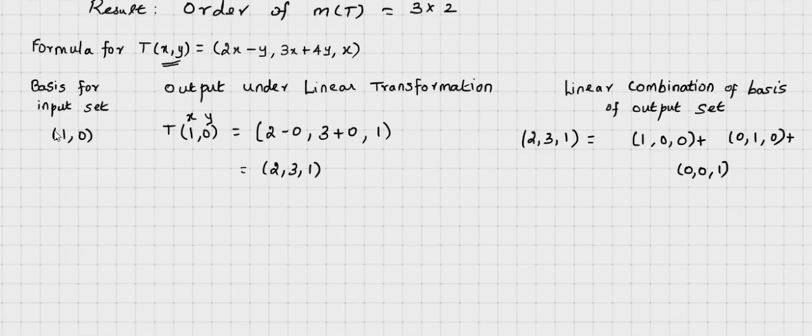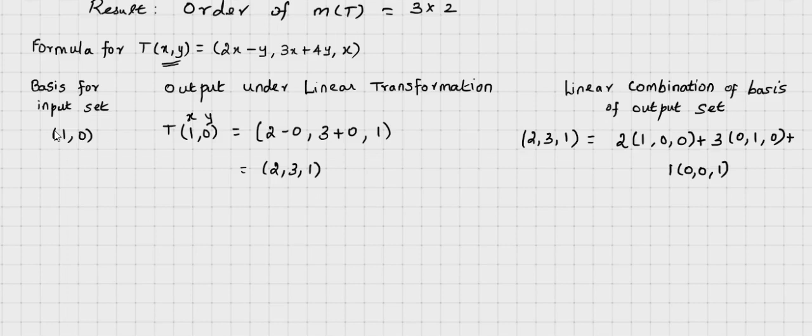Now this is very easy, and these things were taught in the previous unit itself. In the first unit there is a topic called basis and dimension, and linear combination. All such topics will be learned there. If I put 2 here and 3 here and 1 here, you multiply and sum it up, and you will get this. It's very simple, right?